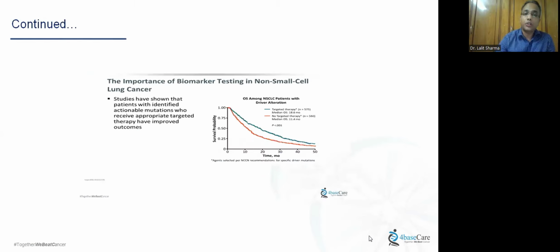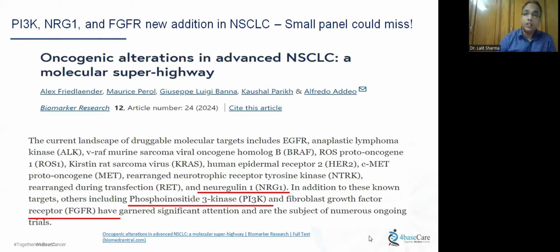So, the importance of biomarker testing is pretty well known to most of us. And it is, what shall we say, a molecular alteration superhighway. There are n number of mutations which are feasible in varied combinations. We are aware of say 8 to 10, and new ones are being added as we speak, and it's basically a